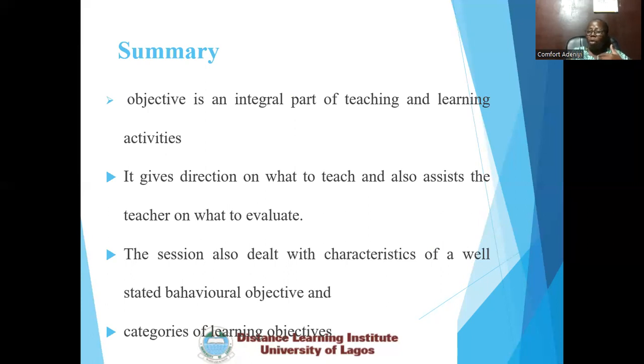It gives direction on what to teach because you have already set those things that you want to achieve at the end of the lesson. And so evaluation, like we said earlier, becomes very easy. The session also deals with characteristics of a well-stated behavioral objective. You will remember at the beginning of this lesson, we said a well-stated behavioral objective has some characteristics, which include